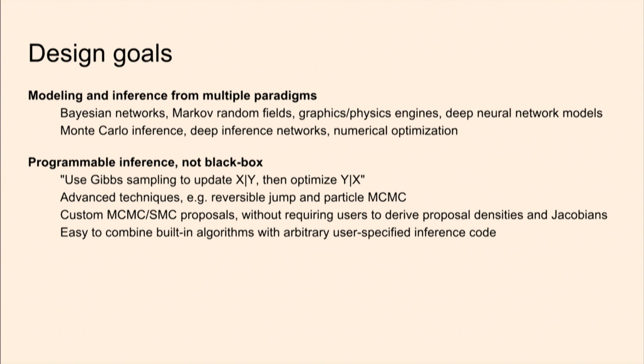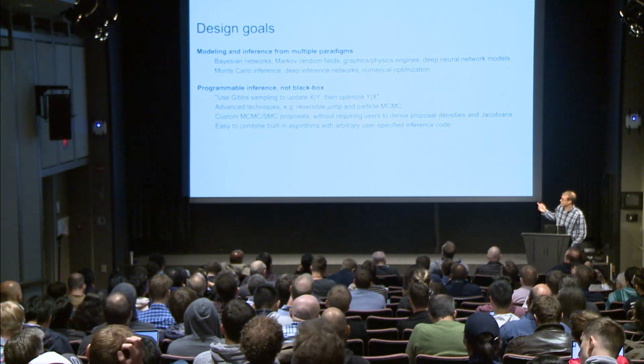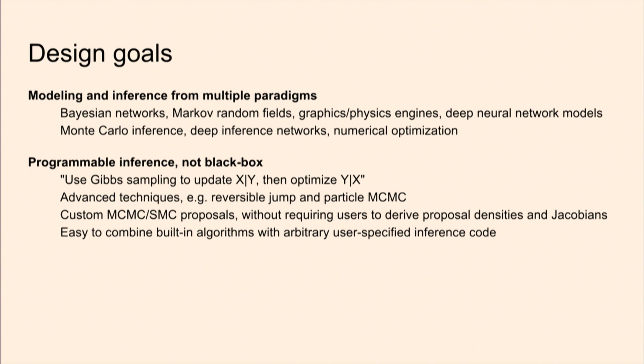And so the types of inference strategies that we want to be able to express include things like use Gibbs sampling on these random variables given these other ones, and alternate that with some MAP optimization. Or more advanced techniques like custom reversible jump moves. So can we make a system that provides some support for that? As well as things like custom SMC and MCMC proposals and auxiliary variable samplers. And also I think it's important that if the user can't implement the algorithm they want in the system, they shouldn't necessarily have to give up on using the system. They should be able to use pieces of the system that they can,